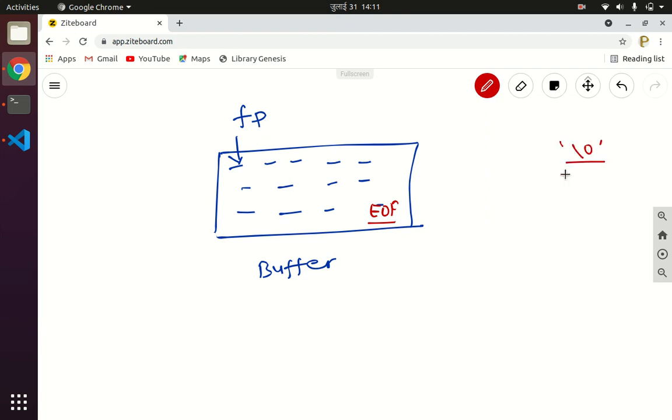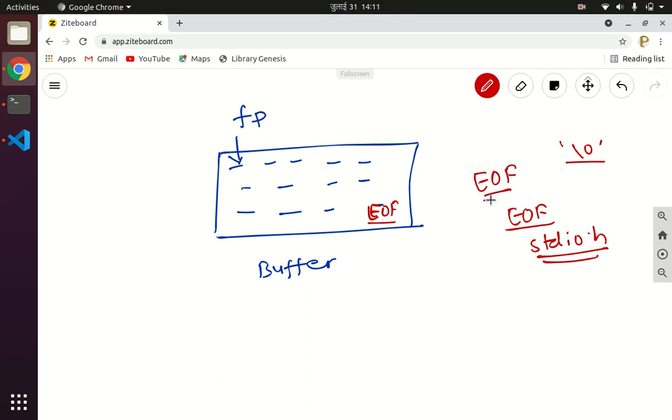Similarly, in order to terminate the file, the C compiler uses the EOF macro. The definition of the EOF macro is again available in stdio.h. We will be using this concept to terminate our reading process. So all files will be terminated by a macro called EOF, or end of file.